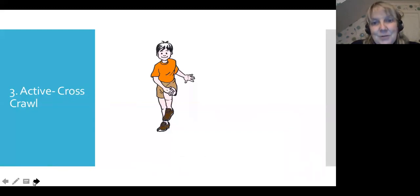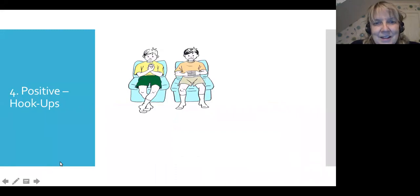Oh yes, there we go. Improves working the midline of the body. And then this finally is the exercise, hookups, which I taught